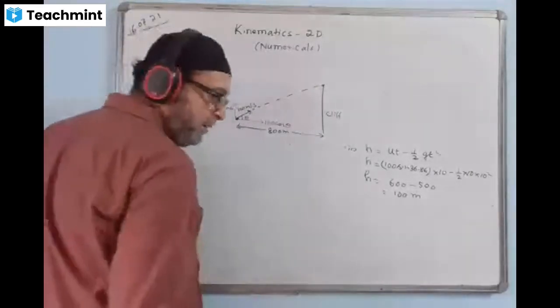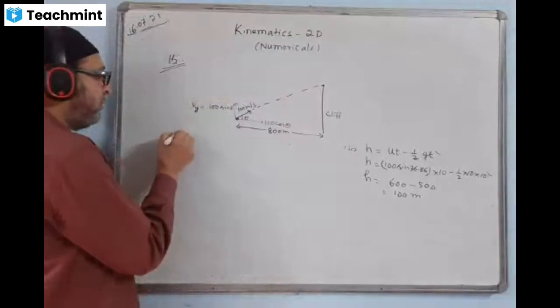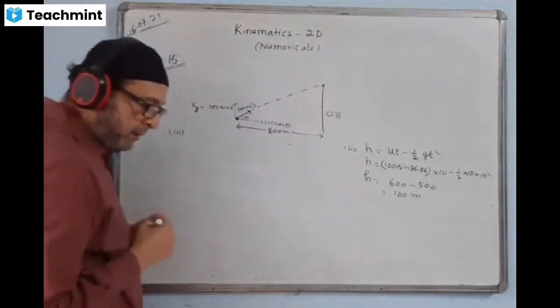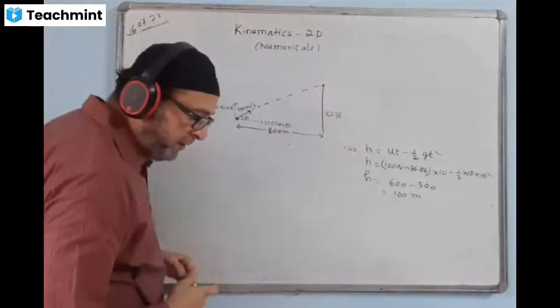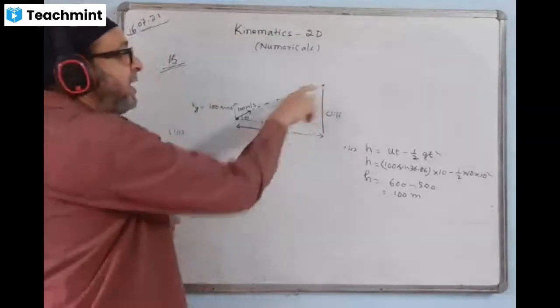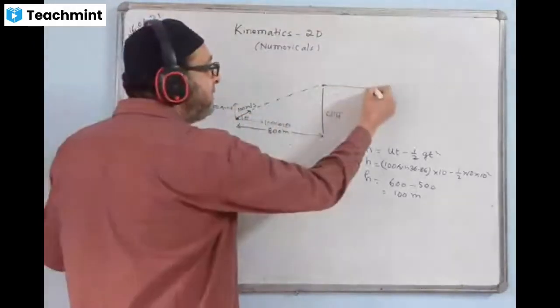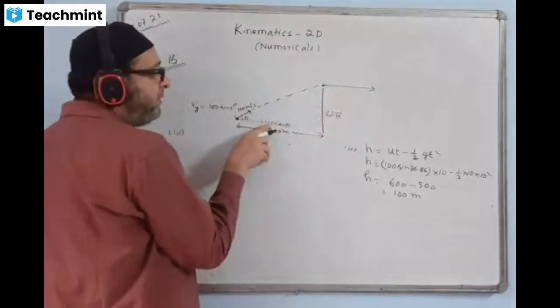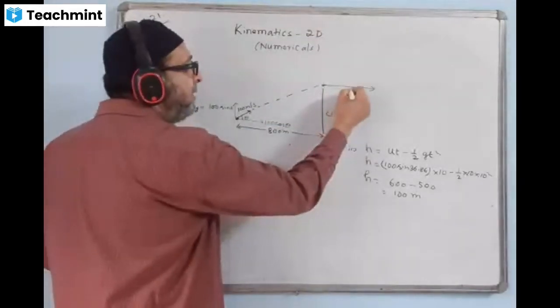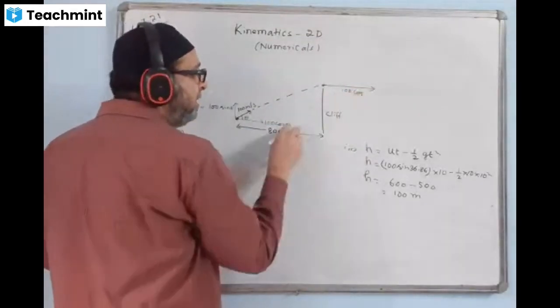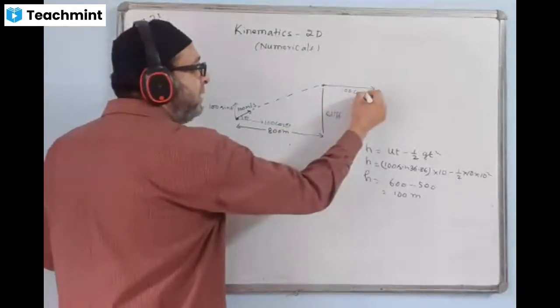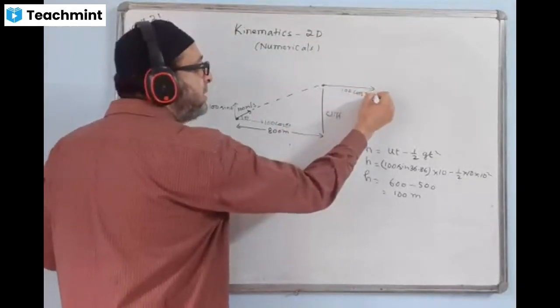What is it? Third part of the question. What you have to do? The velocity of the shot when it strikes the cliff. Here it is striking, you have to find the velocity, that is total velocity. Horizontal never changes. We know horizontal velocity is how much? 100 cos 30. Here I like 100 cos theta. Cos theta value we have 36.86.